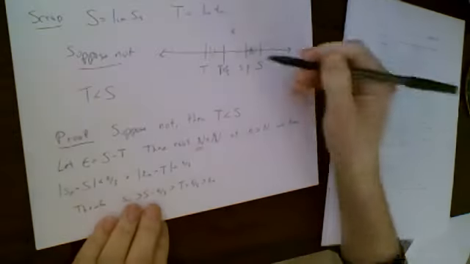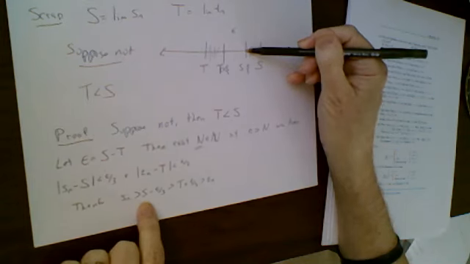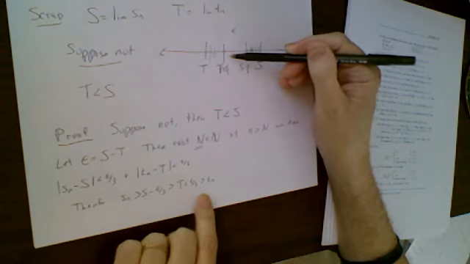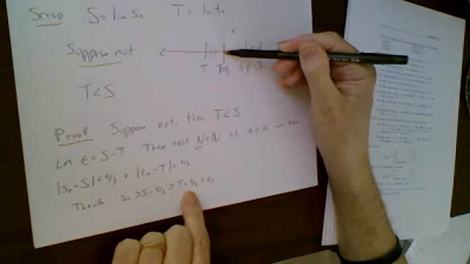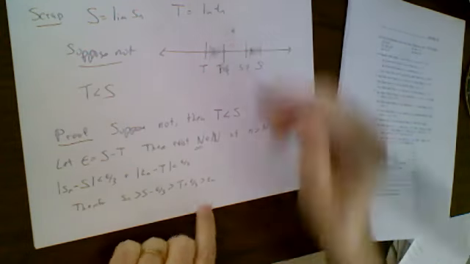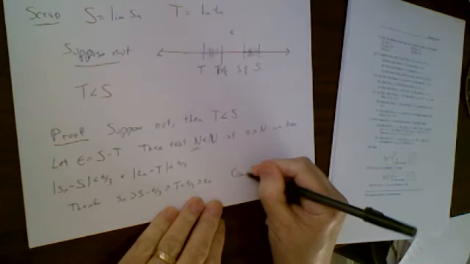So again, all the S's are bigger than S minus epsilon over 3, but S minus epsilon over 3 is bigger than T plus epsilon over 3, and T plus epsilon over 3 is bigger than all the T sub n's. But this is a contradiction